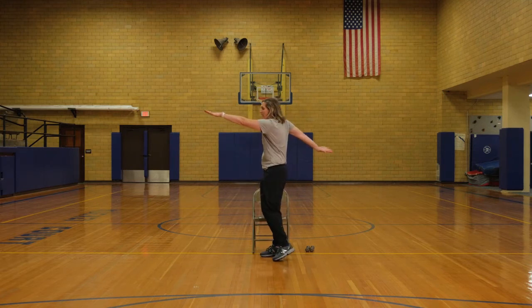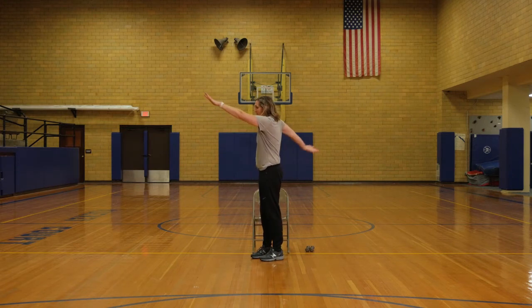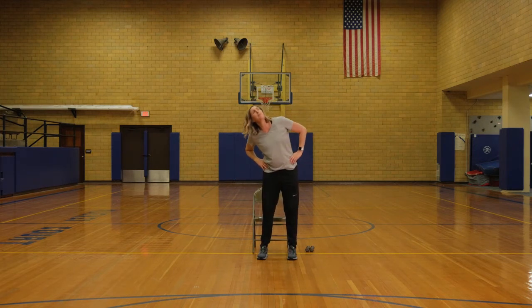Lift your palm up and back. Reach front to back. Switch. Switch. And switch. All right, hands on your hips, feet shoulder width apart, and rotate around in a nice big circle